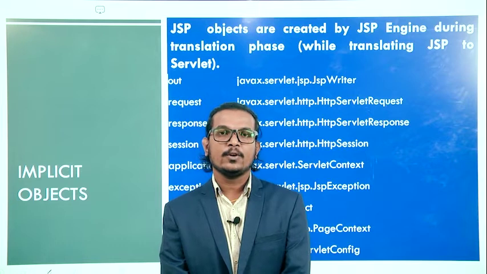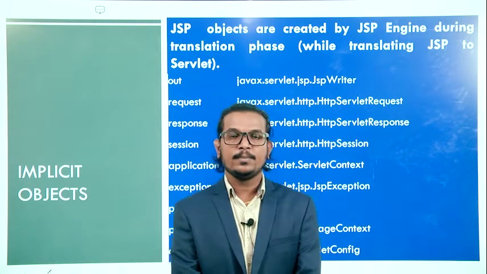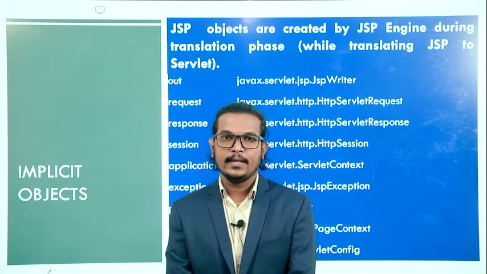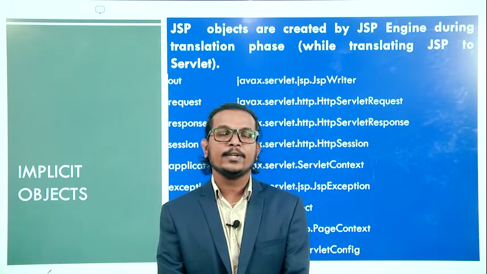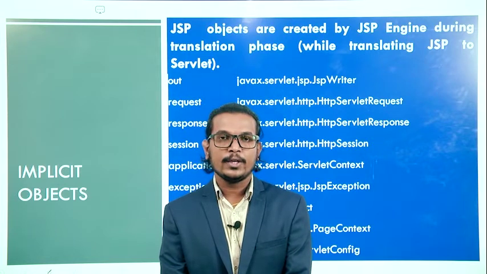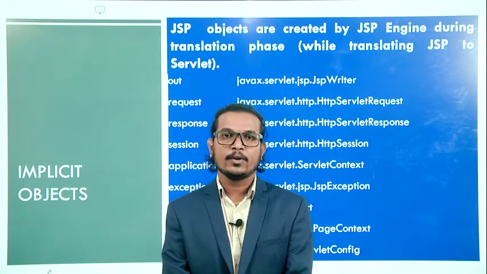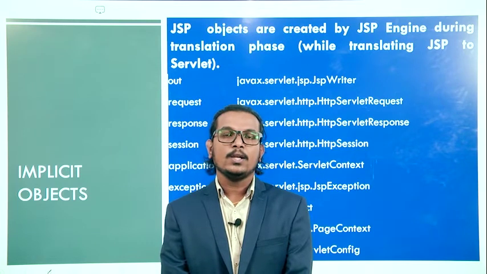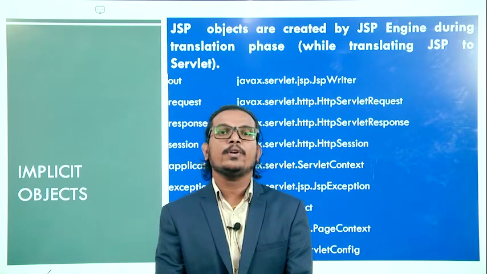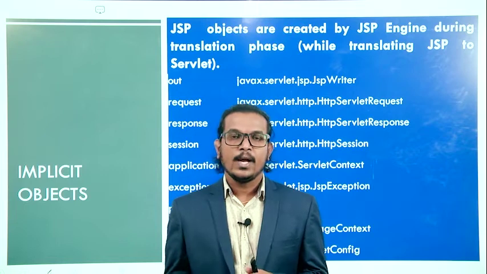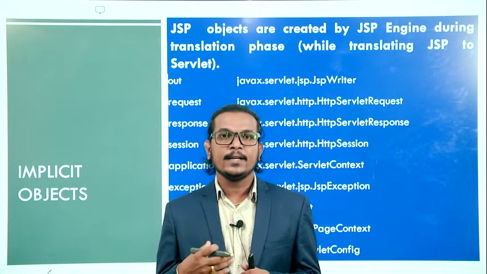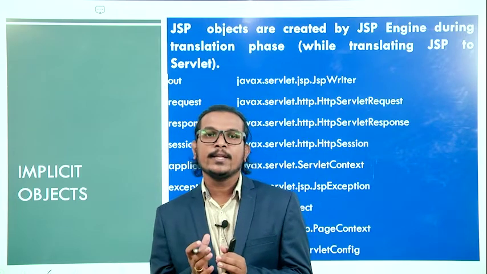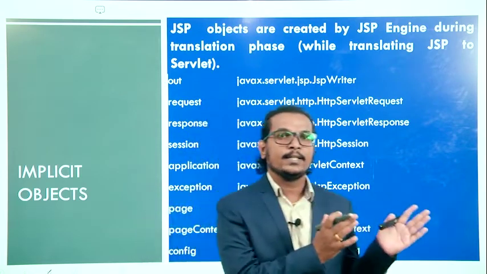In the previous class, we talked about the different types of JSP elements. How many elements are there? There are a total of 3 elements. The first one is the directive element. After that, the action elements. After that, the scripting elements. With the help of all these different types of elements, we are designing the web page, or constructing the dynamic content, and forwarding that information to the requested client, right?